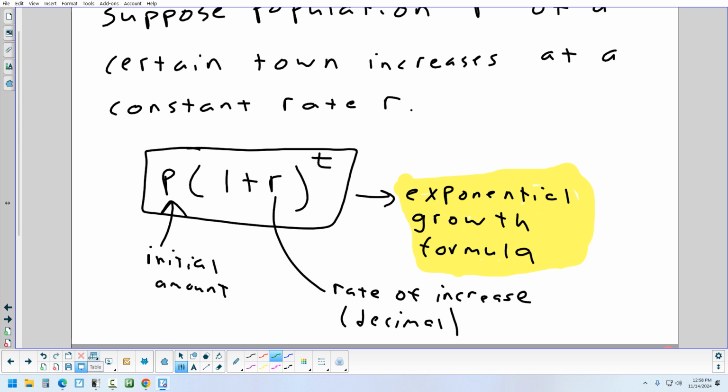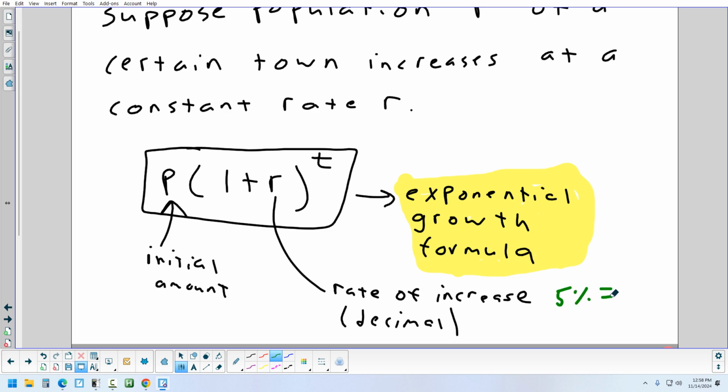Okay, next thing you need to know is your rate of increase. So what is it growing by? Is it 2%, 3%? Is that 1 plus r? Or 1 plus r, yeah. Right? It's going to be some kind of percentage. That's your growth rate. When they give you the problem as a percent, you need to change it to a decimal. So if you had a growth rate of 5%,